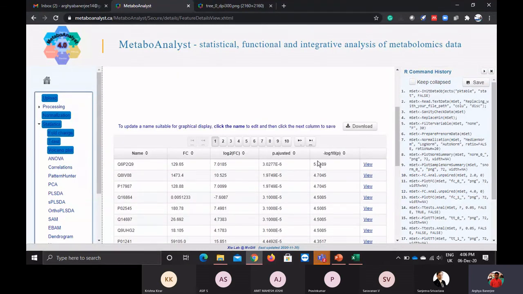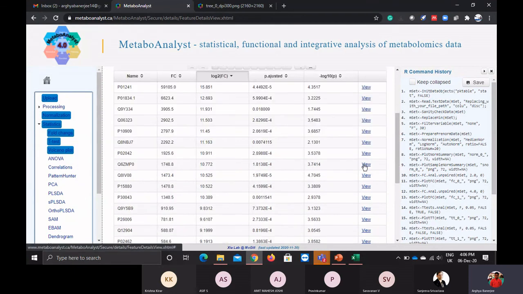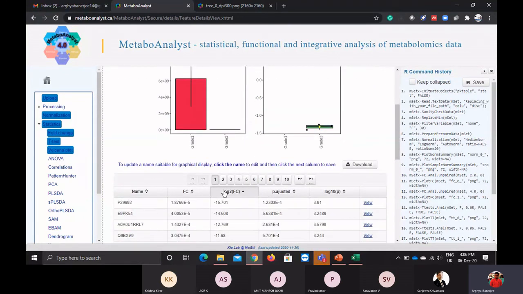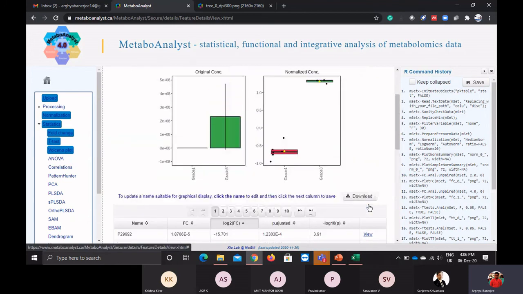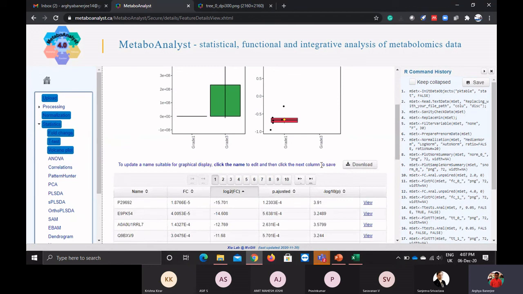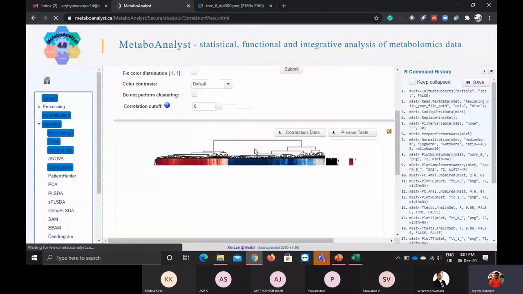I will go and see, on the basis of the fold change, what is the highest view. See, I am having this grade 1 as the very high. If I go to my least one, see, my green is the highest. On the basis of that, I can download this one. Like, I can download this Excel. For two samples, ANOVAs are not there. You can go for the correlation plot. You can see how the samples look like. I have this correlation plot.